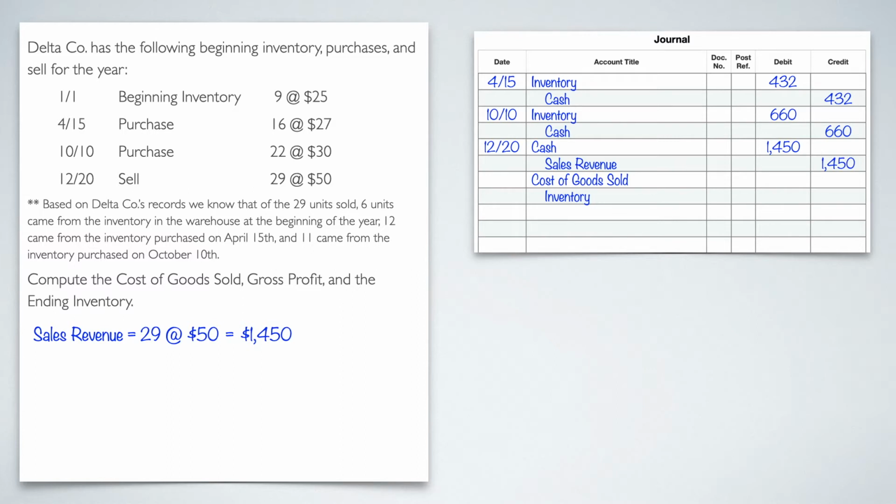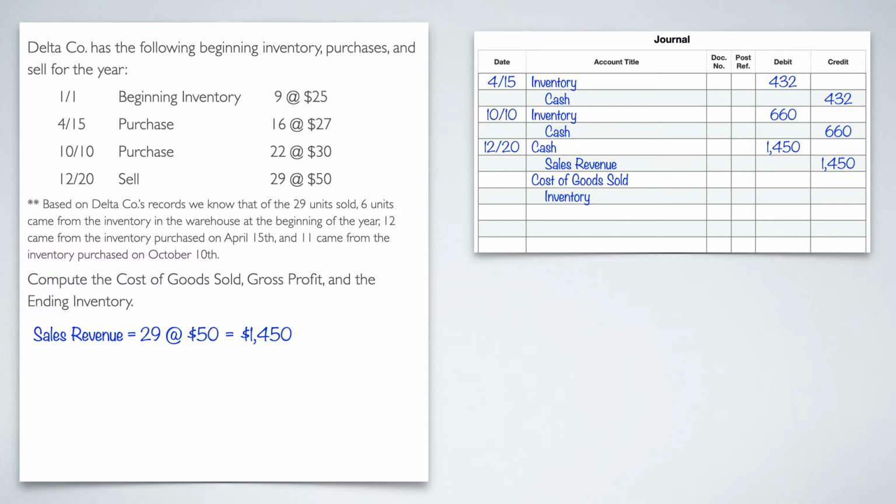This is the same. So notice everything up to this point has been the same. If you looked at this from the specific identification that you just watched, hopefully not too long ago, up to this point is the same. The only difference is the number that you put next to COGS and inventory, as well as the gross profit and the ending inventory changes as well. But for journal entry purposes, that is the only thing that changes.